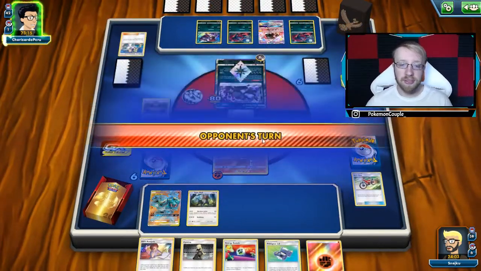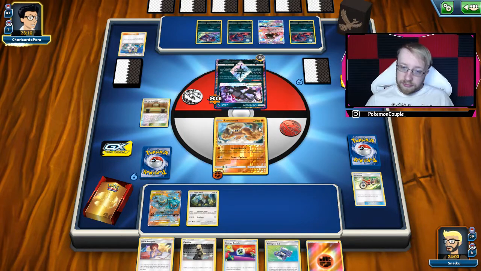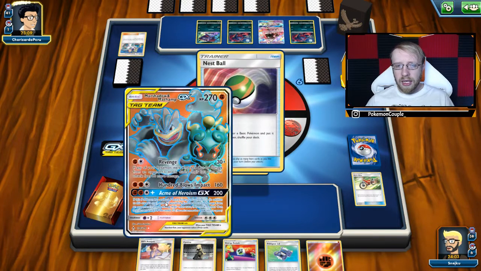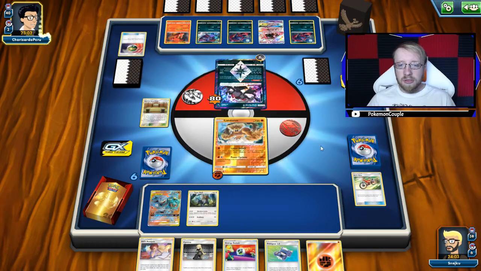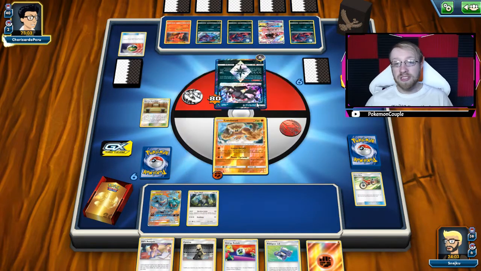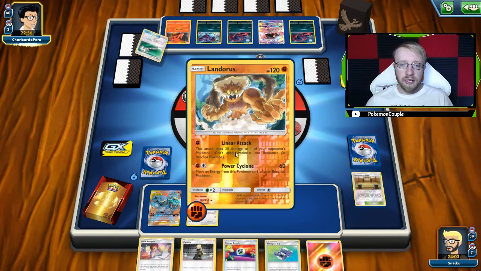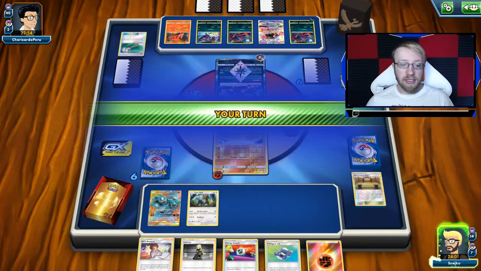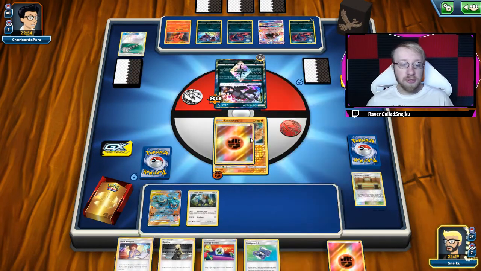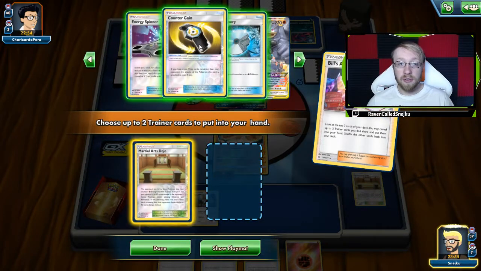That's 80 damage. Not bad, honestly not bad, and if he's gonna knock him out, I will be able to pump my Marshadow, and of course, I don't think he's going to be able to knock me out. I'm gonna put the energy for the Power Cyclone. Okay, Field Blower, sure. Power Cyclone, I'm gonna knock him out with the Power Cyclone, and the energy from the Power Cyclone is gonna go on Marshadow, so Marshadow is going to be prepared for the knockout on